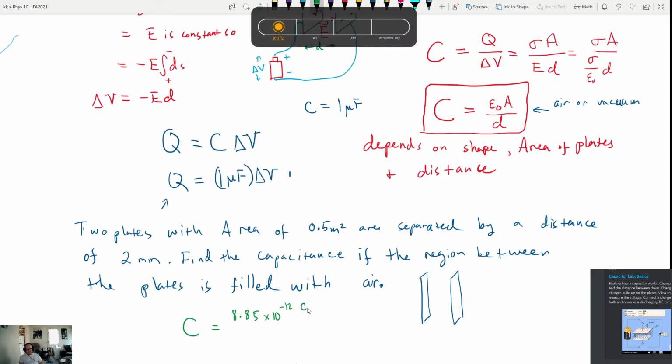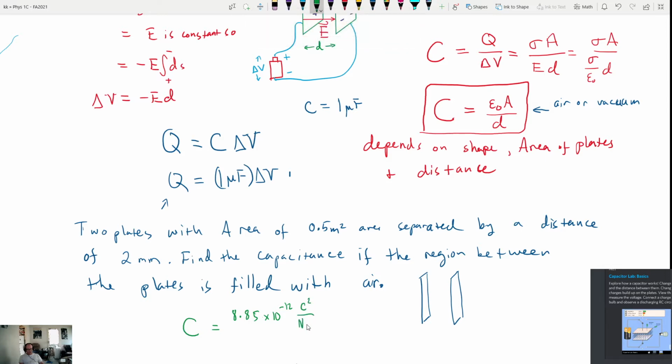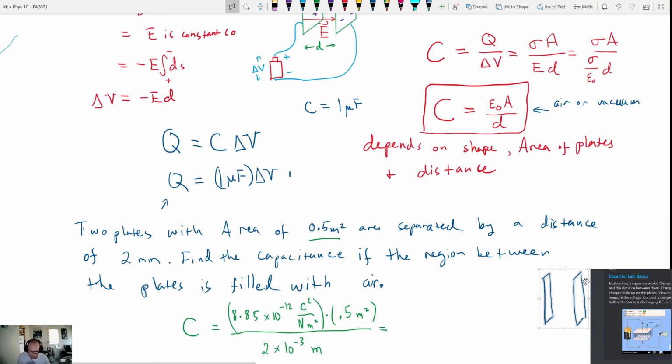It's Coulomb squared over Newtons times meters squared. So that's epsilon naught. We multiply by the area, and then we divide by 2 millimeters, which will be 2 times 10 to the minus 3 meters. And this should give us a value for the capacitance, which is